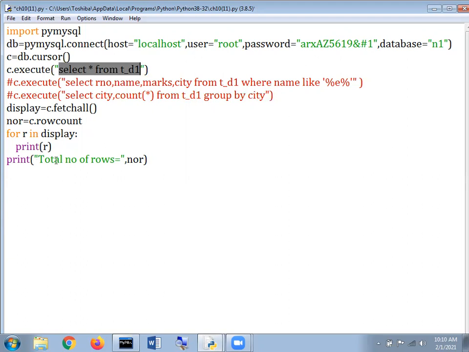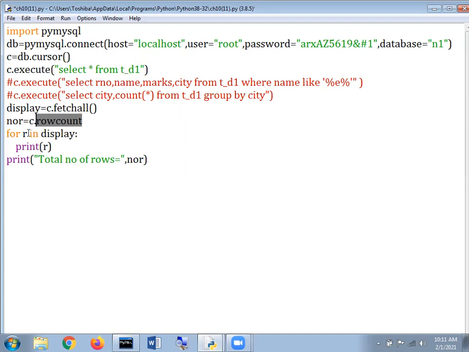After that, as in our previous sessions we discussed fetchall, fetchone, and fetchmany. Here, because we want to display the entire data, we use fetchall, and display is a variable which stores this fetchall object. After that there is rowcount.